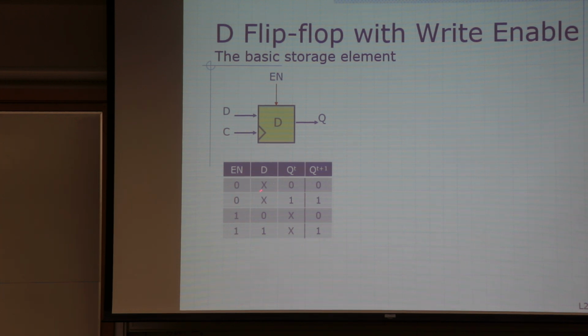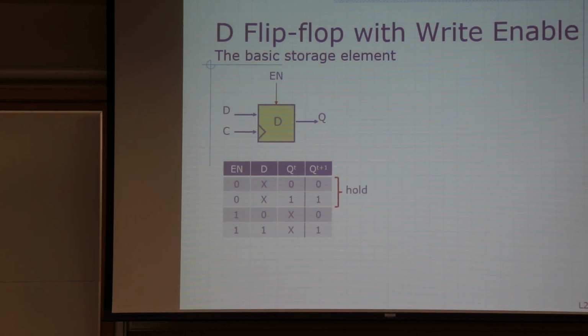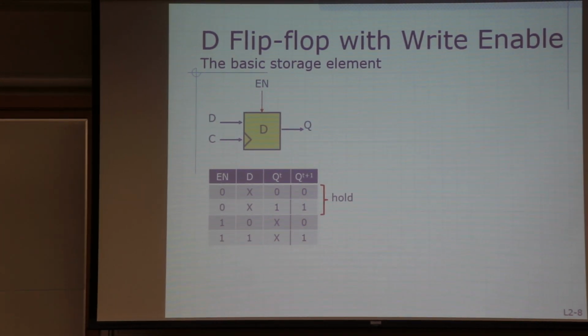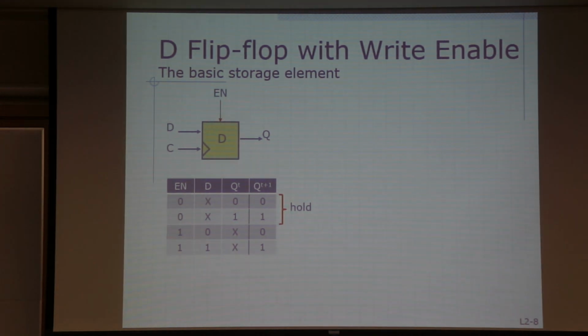We don't care what is on this input. Whatever was stored inside is what will show up in the next cycle over there. So if enable is 0, the value holds. Whatever is in there will hold. And if the enable is 1,